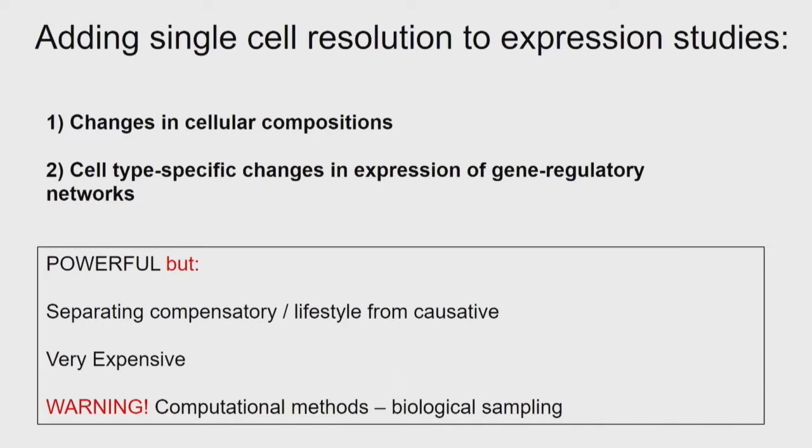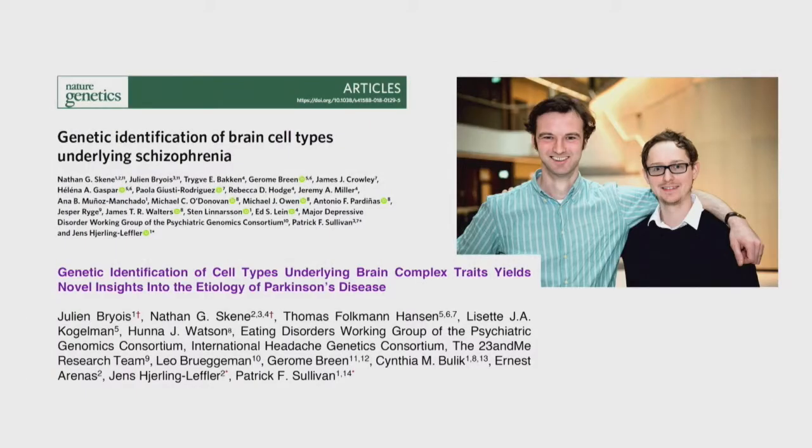But I want to talk to you about a different kind of analysis, which we have used in my lab. And this is really a work of two postdocs, Nathan Skeen in my lab and Julien Briouat, who is working with Patrick Sullivan, is also at Karolinska and UNC. Nathan just started his own group at Imperial College, so he's no longer with me, unfortunately. One of this was published last year, and one of the other study is in bioRxiv, if you want to go and find it.